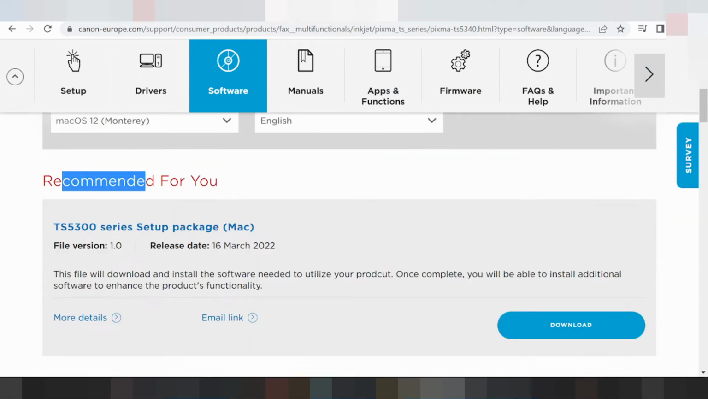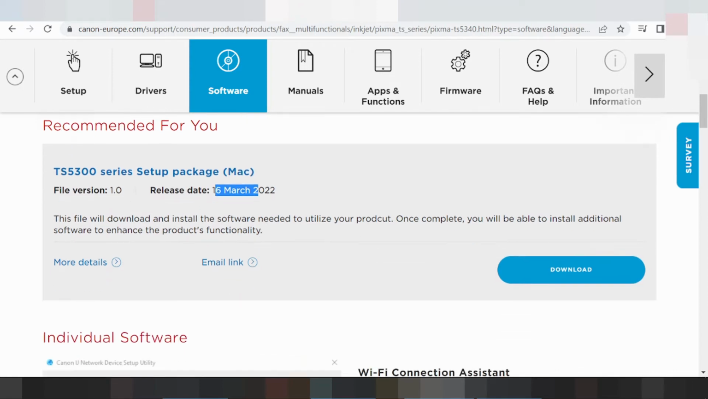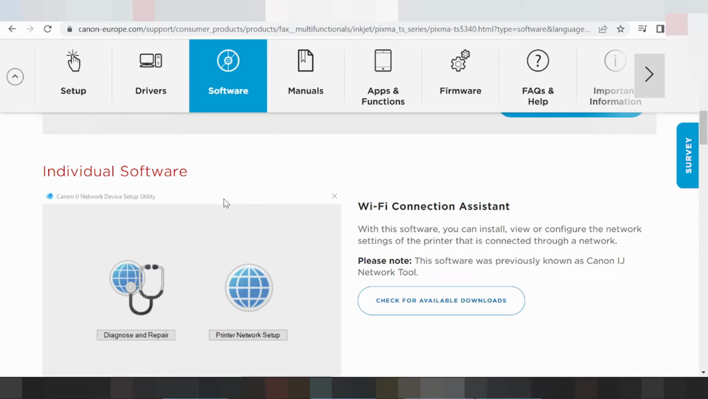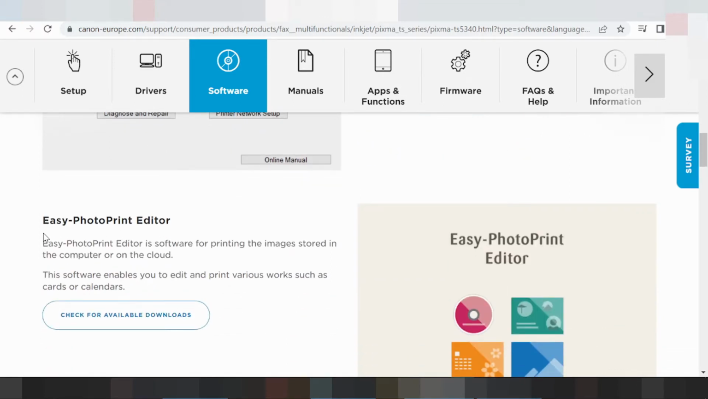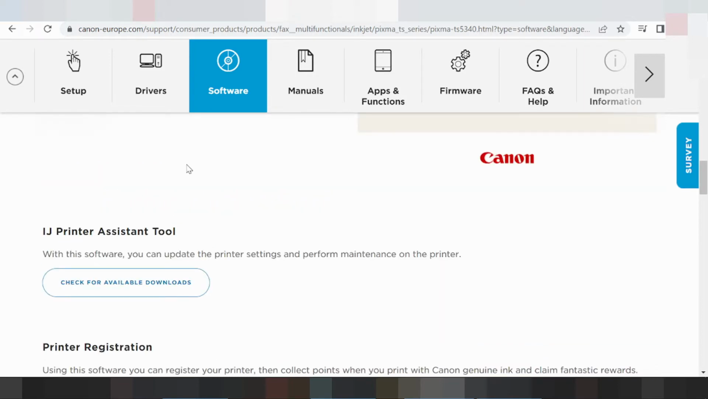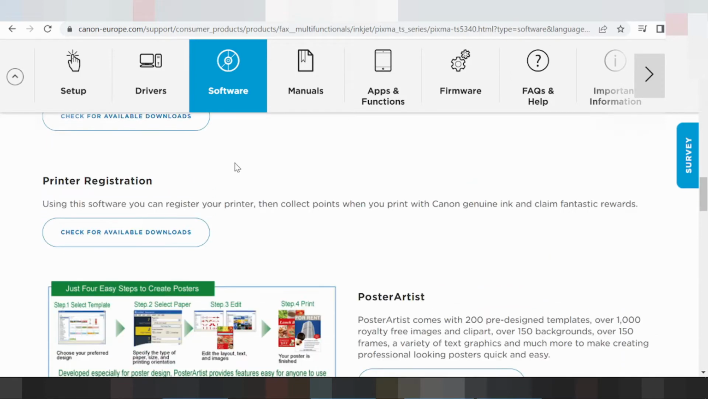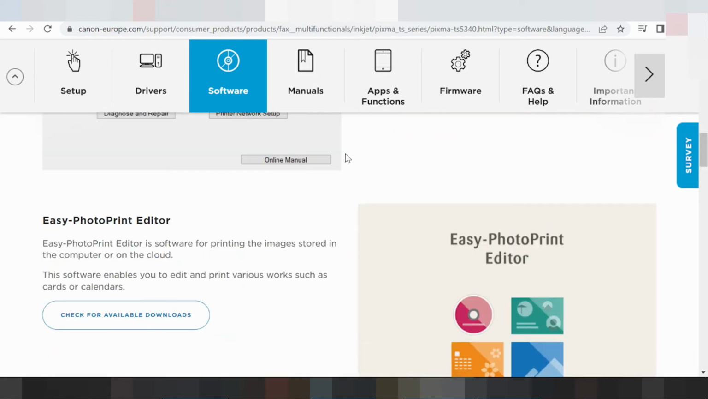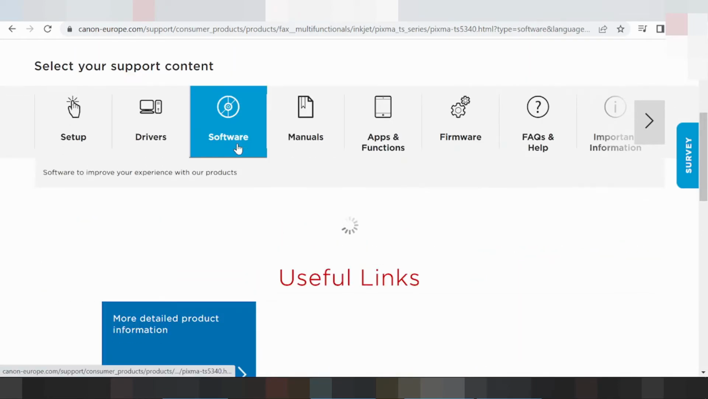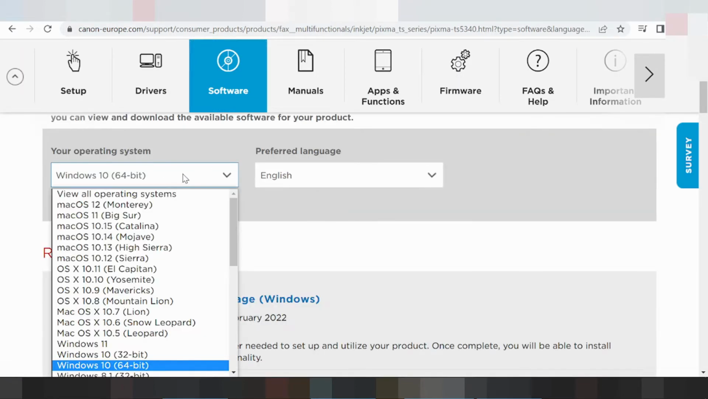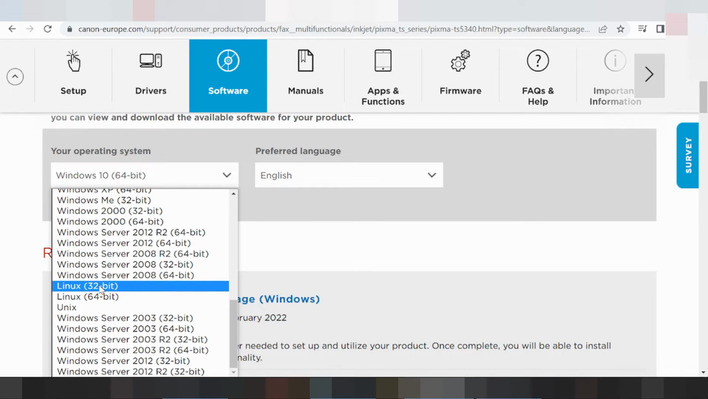This here is the recommended software for the Mac. You look at the release update, and this here is for the individual software: Wi-Fi Connect Assistant, then the Easy Photo Print Editor for the Mac, and the Printer Assistant tool, and printer registration for the Mac. Okay, the firmware is not supported for the Mac 12, and I will show you the Linux driver,